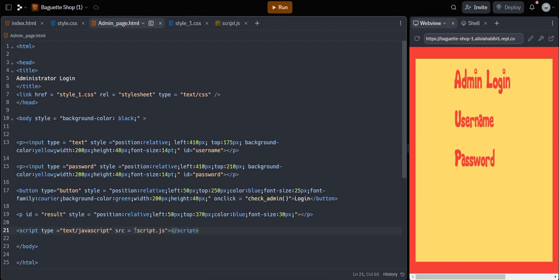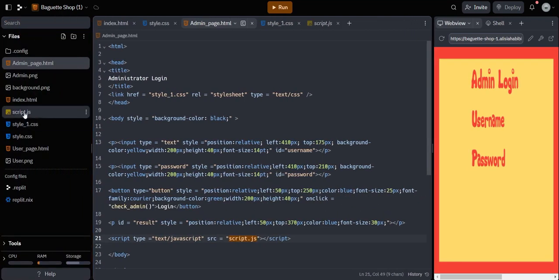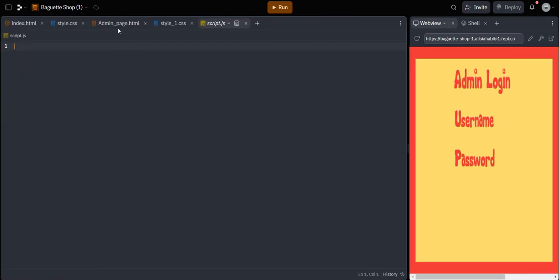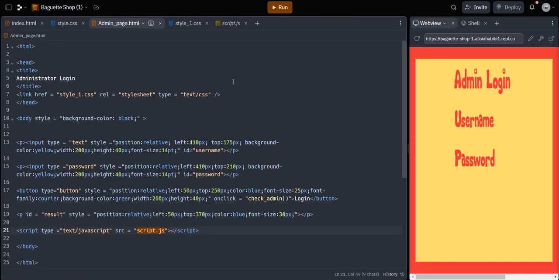So the name of the page that we're going to link to is called script, which I showed you before. That's this empty page, which will have the code that takes the username and password from here to validate. So if we run this at this point,